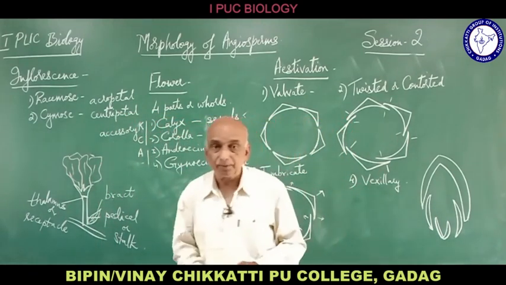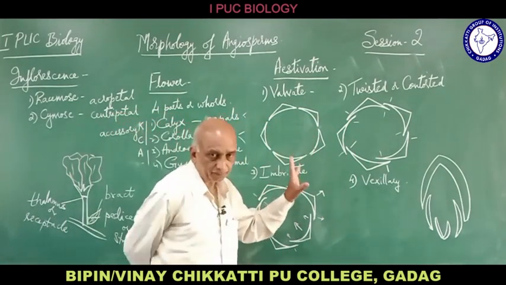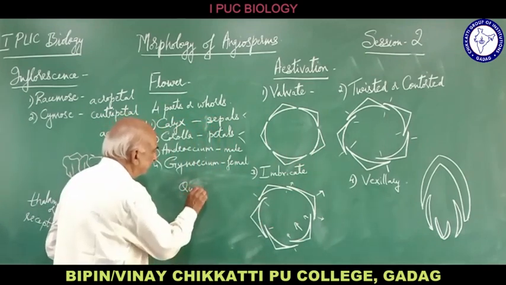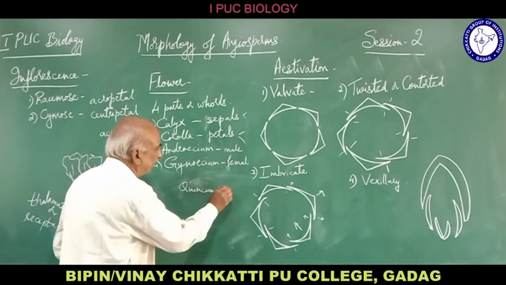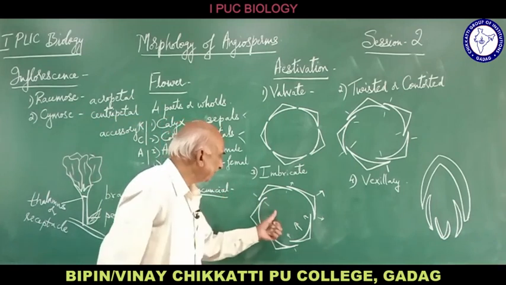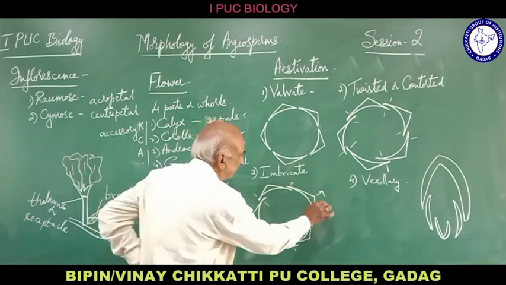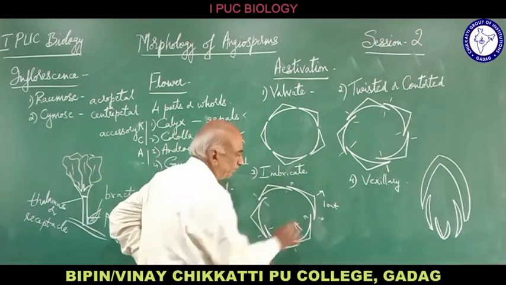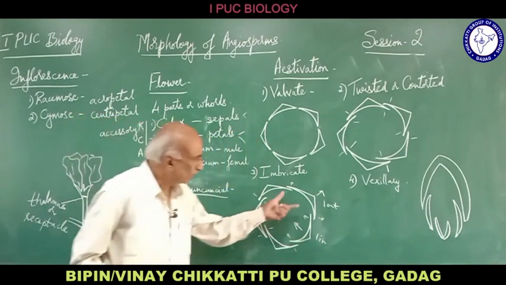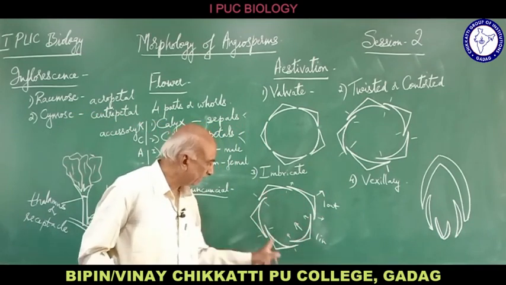Actually there is one more which has not been mentioned, but we are going to study only these four. There is one more type, just to give additional information, which is called quincunxial type of estivation. This quincunxial and imbricate are almost nearly related. In case of imbricate, what happens? One is completely out and one is completely in. This is what we have seen. One is completely out with the two edges, one is completely in with the two edges, remaining are imbricate.